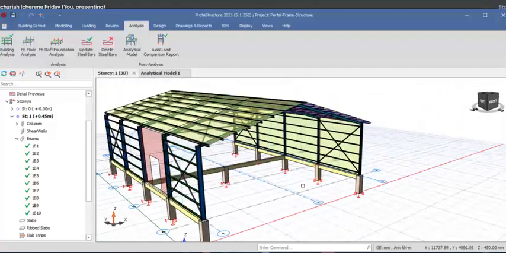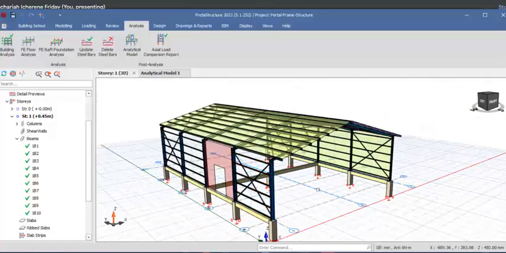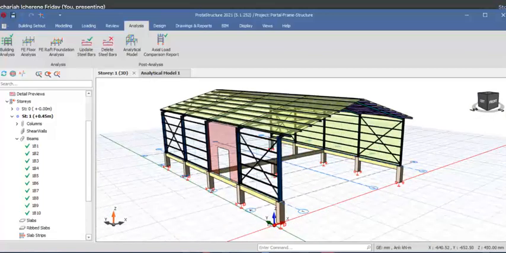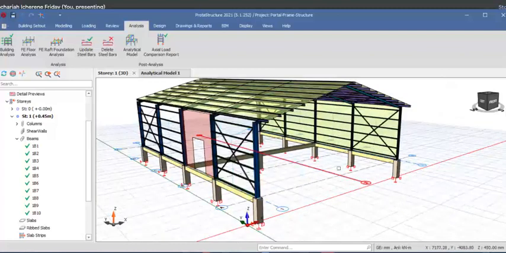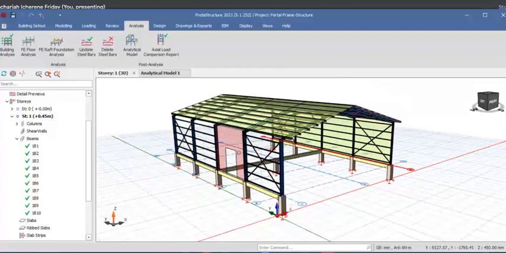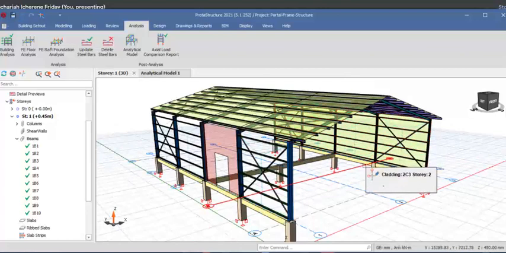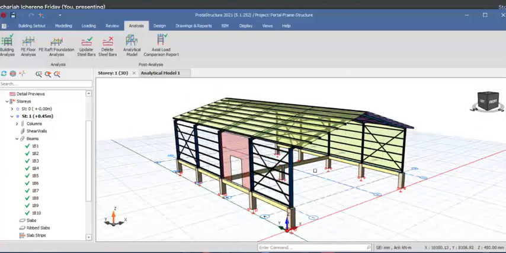Still for the connection design successfully. Alright, so in the next presentation, we will be talking about connection design using Prota Structure. So with the extent that we have gone,